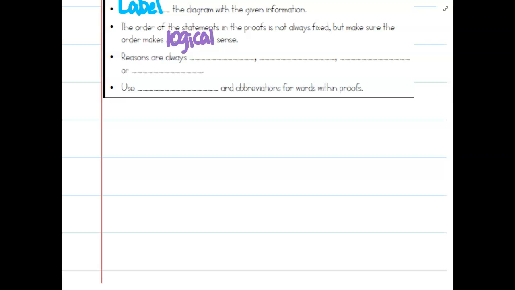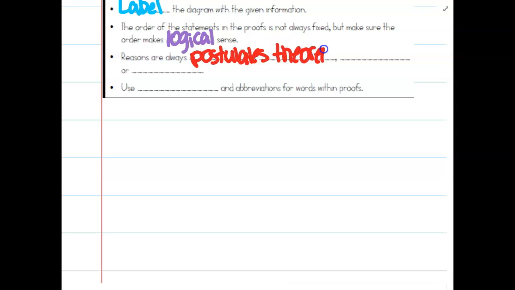Okay, now I mentioned that reasons column, and this is the part I think is probably the challenging part. I think we're really good at figuring things out and figuring out how to get from the first to the last. But explaining why we're able to do that, that's the challenging part, the reasons part. So your reasons, guys, are always going to be postulates,